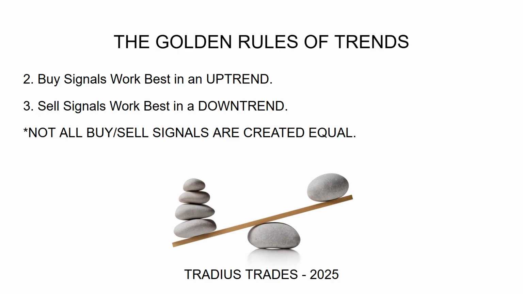That means, and it's basically what I said earlier, that in a downtrend, do you think buy signals are going to work really well, or are sell signals going to work really well? Pretty obvious, but the sell signals will work better in a downtrend, and vice versa in an uptrend. Your buy signals are going to work better. They're going to be far more potent. So this is what we're going to go over right now.